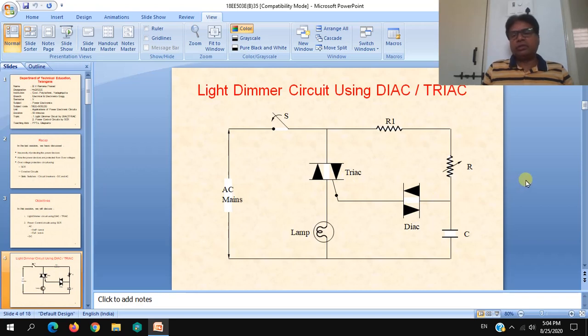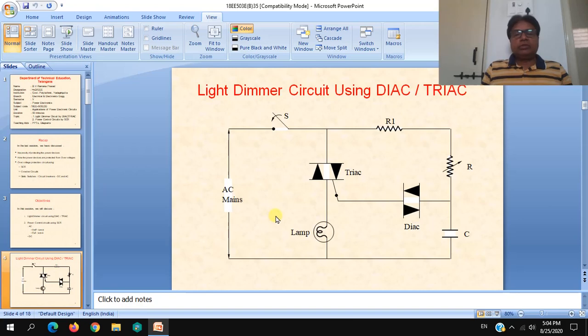So we already know that diac and triac are always used in tandem, where the diac fires the triac. In place of the diac, we can also use other light sensitive equipment or photo equipment or light sensitive LEDs, so that we can also change the brightness of the light, which is not in the scope of this session. We will just be discussing this circuit where we are using diac and triac.